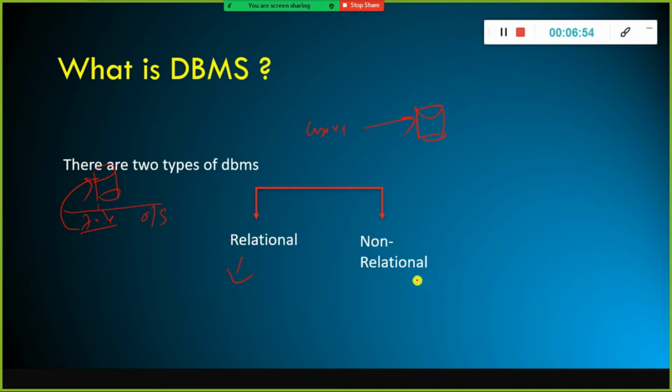So what are non-relational databases? There are four non-relational database systems. One is the document data store. I guess most of you are aware of this, right? A document data store. And the other one is the column oriented database.